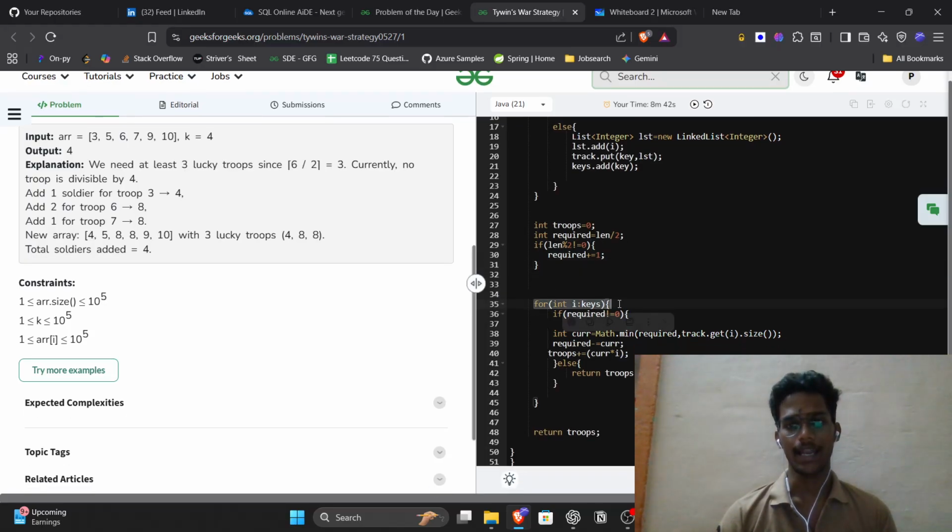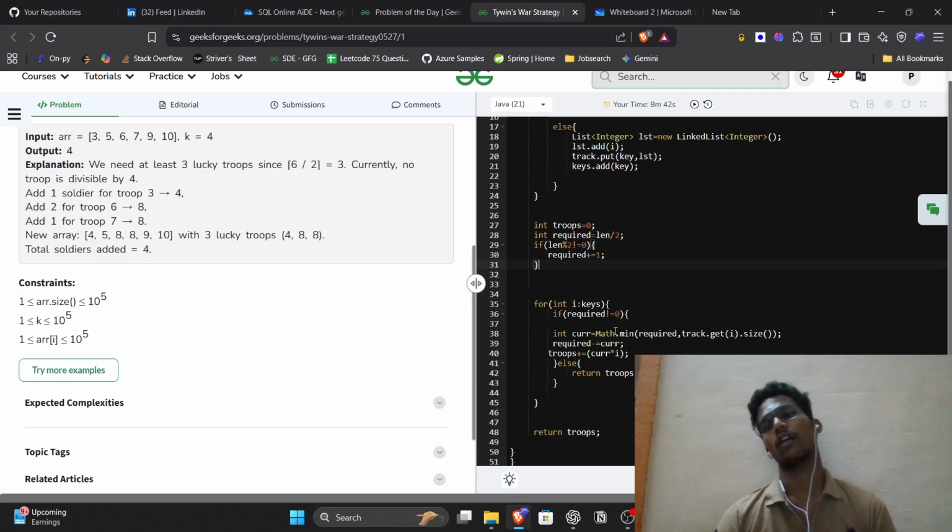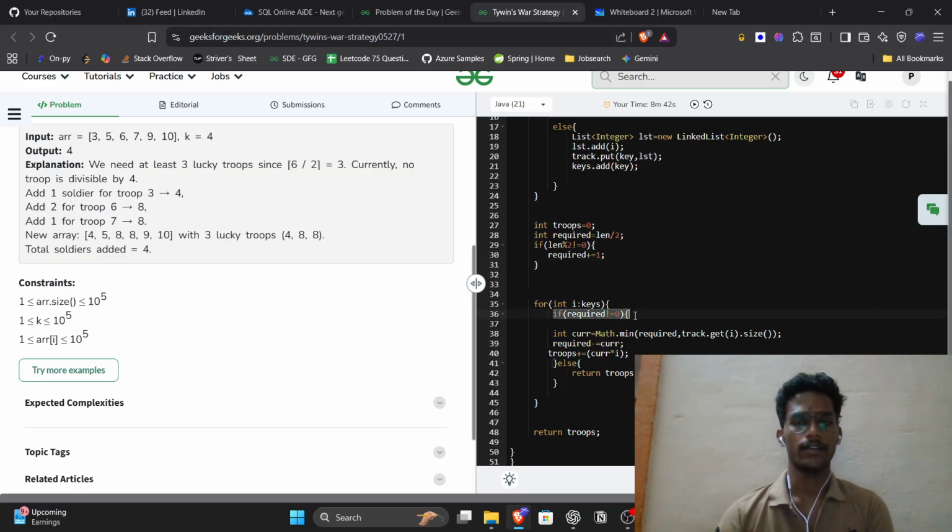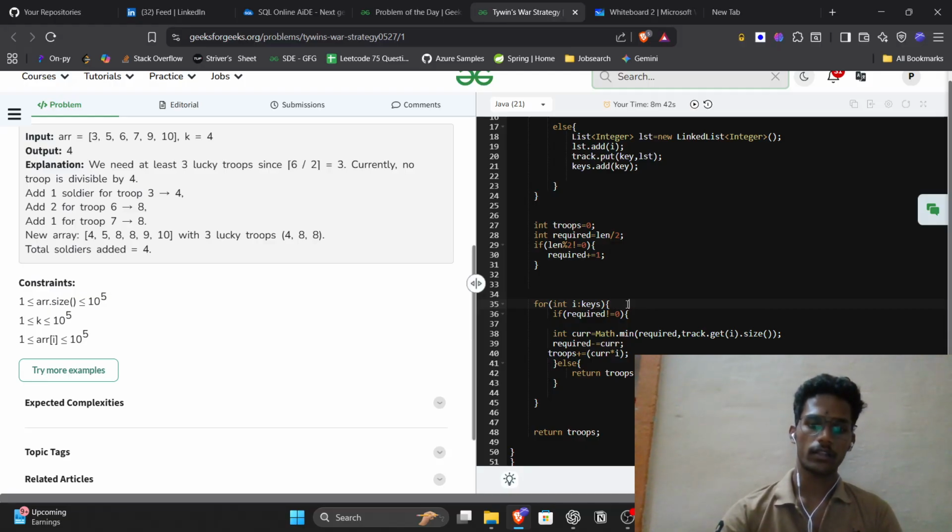I'm taking each element from keys, and if required is not equal to 0, I'm trying to figure out int current equal to Math.min of required, comma, track.get(i).size. Here, this one goes like: what are the elements which actually need